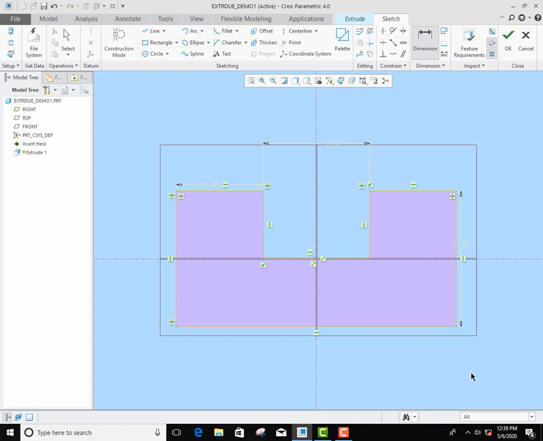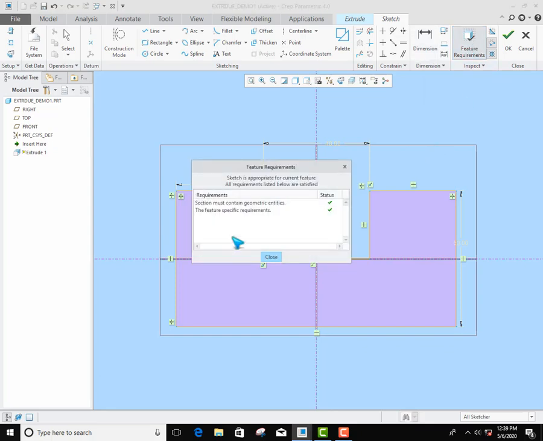So for the review, there is an option available, the feature requirement. If you click feature requirement, it shows the requirements of a complete sketch profile: the section must contain the geometric entities, and the feature specific requirements.